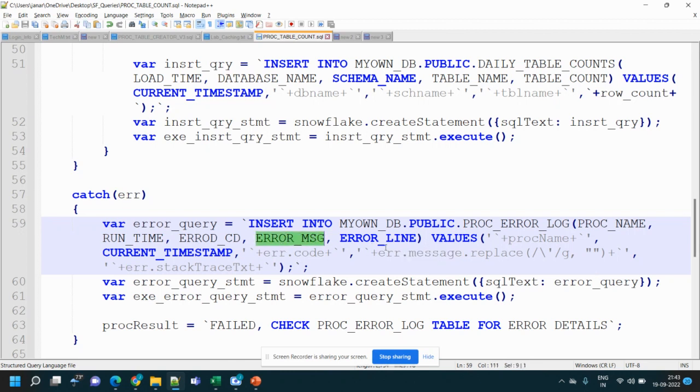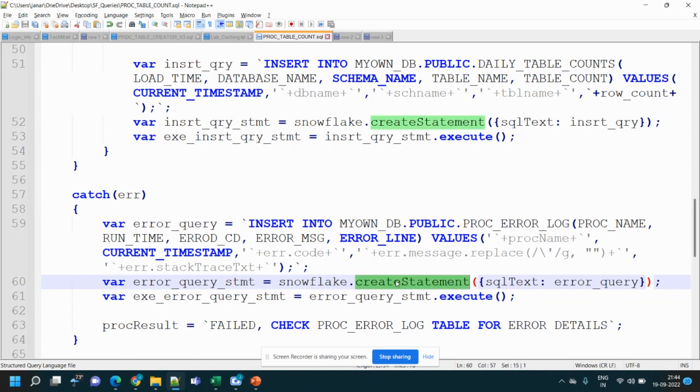And the error line number. How to get the error line number? It is simply this error variable dot stack trace txt. This is the variable we are using to get the line number where the error is. Suppose the error is at the 10th line, at which position the error is there, it will show. Like this we can frame our insert query, and we can prepare this Snowflake executable SQL statement